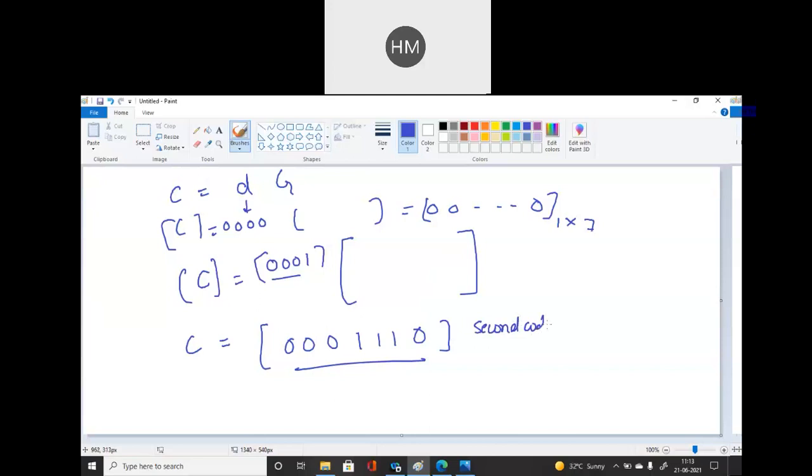Okay, now student please find out the third code. C is equal to, for third message bits. Third message bit क्या है मेरा? 0, 0, 1, 0. And again write down the generator matrix and find out the answer and tell me in the chat box. I'm waiting for the third code to be generated, which is having data bits as 0, 0, 1, 0. Okay, students, so please do that. And if you have any doubt in multiplication, do tell me. I will clear your doubts.